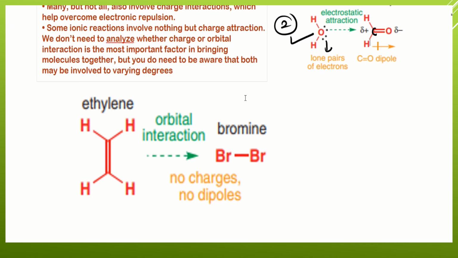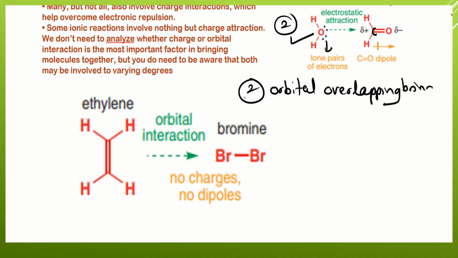Now what if there are no charged reagents, and no lone pairs of electrons? We can see such reactions where orbital overlapping is there. So the second point will be: orbital overlapping brings molecules together,